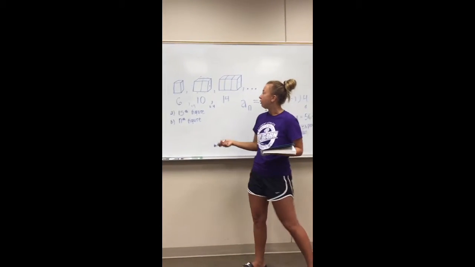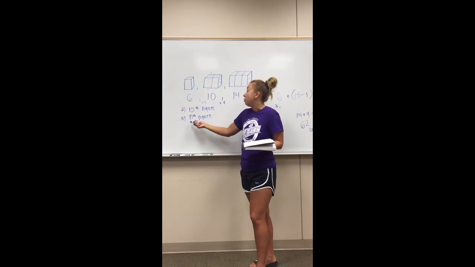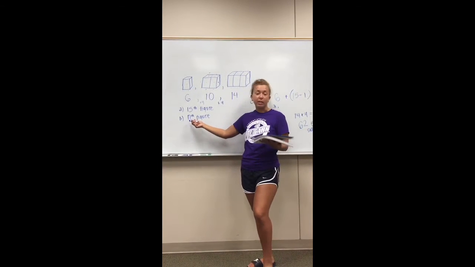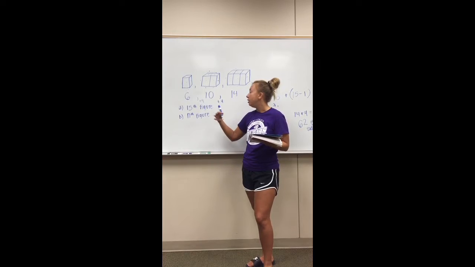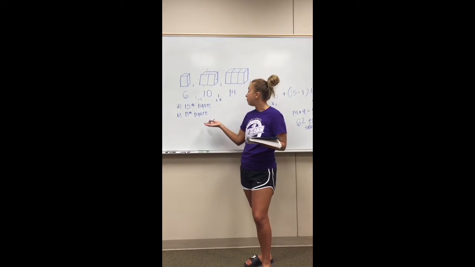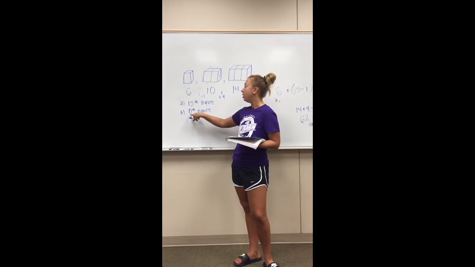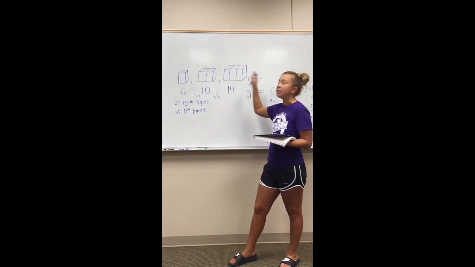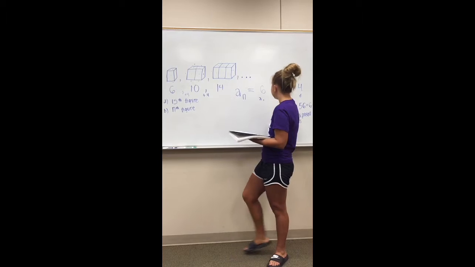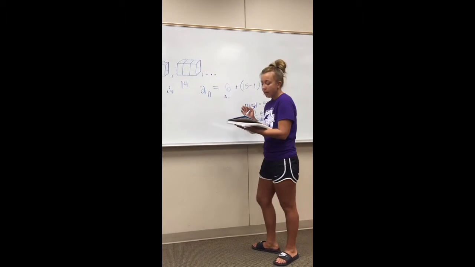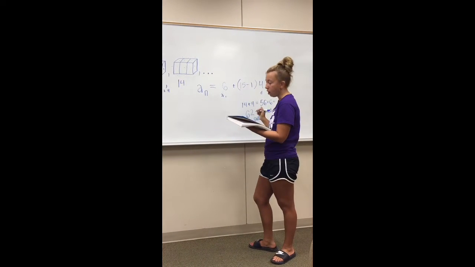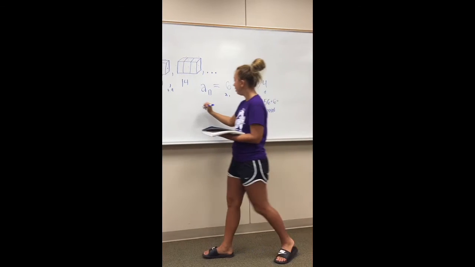Now for B, we don't know the number. So this could be the 22nd number, the 108th number, we do not know. But we want to be able to have this formula in order to figure out any number this could be without having to count every single exposed surface. So then what we would do is it would only be the formula. Our answer for this one would be